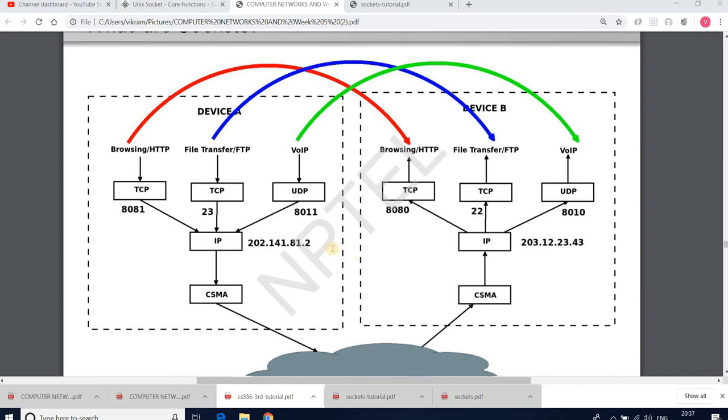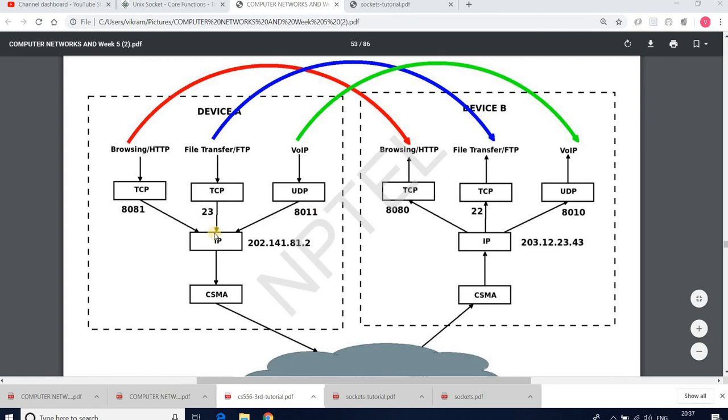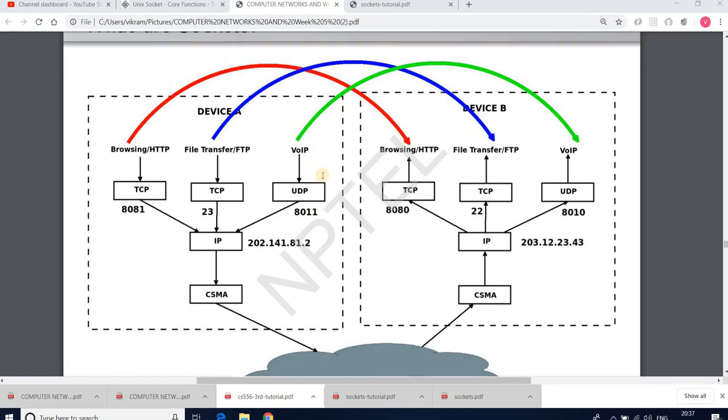That way we can have multiple such logical connections, logical pipes at the transport layer, which we call sockets.